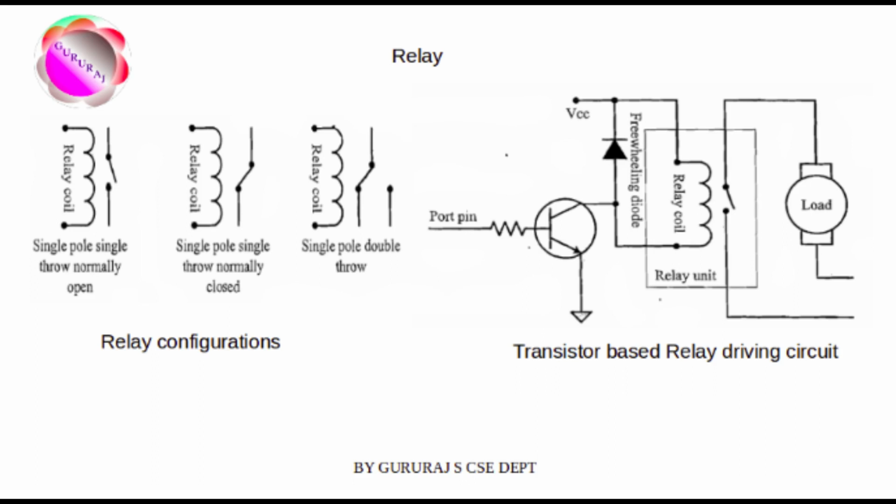The relay unit contains a relay coil made up of insulated wire on a metal core and a metal armature with one or more contacts. Relay works on the electromagnetic principle. When a voltage is applied to the relay coil, current flows through the coil, which in turn generates a magnetic field. The magnetic field attracts the armature core and moves the contact point. The movement of the contact point changes the power signal flow path. Relays are available in different configurations as shown.